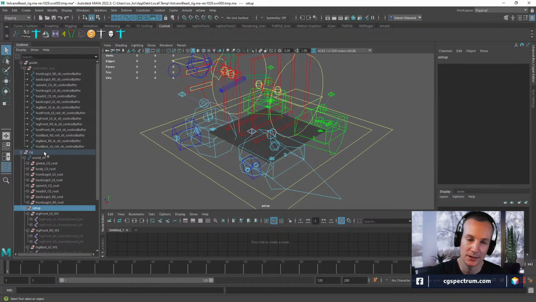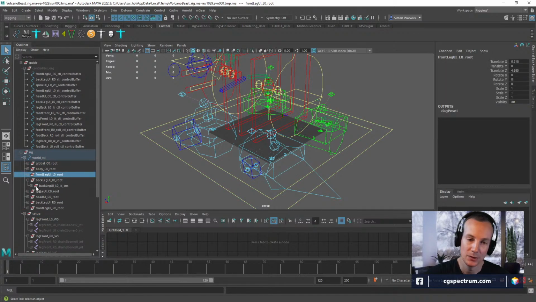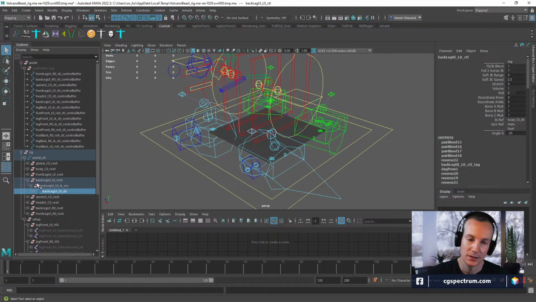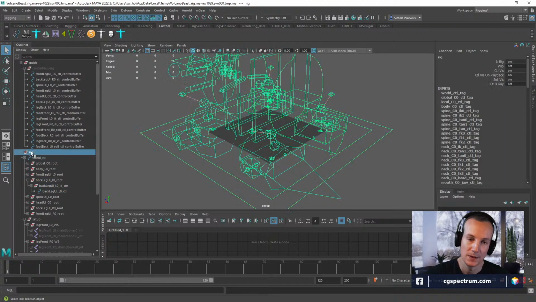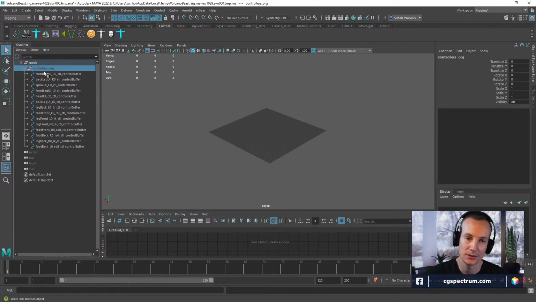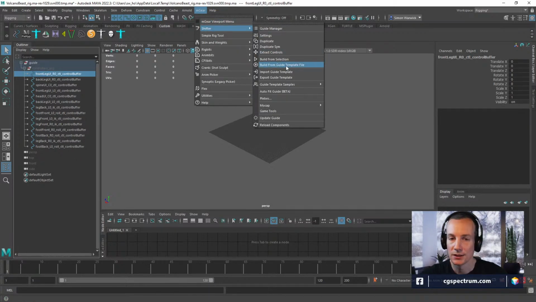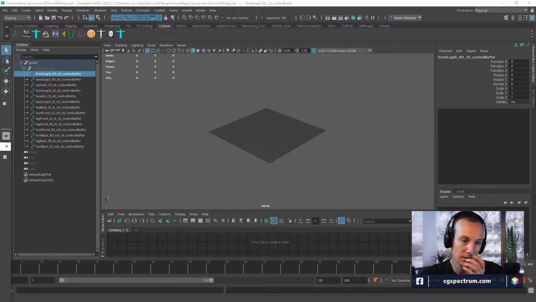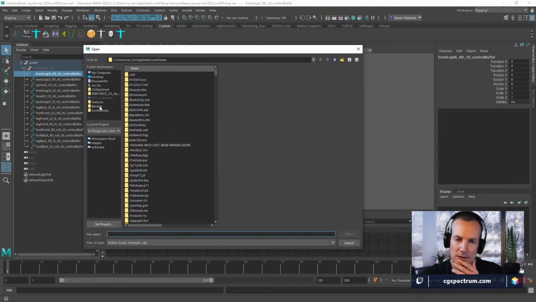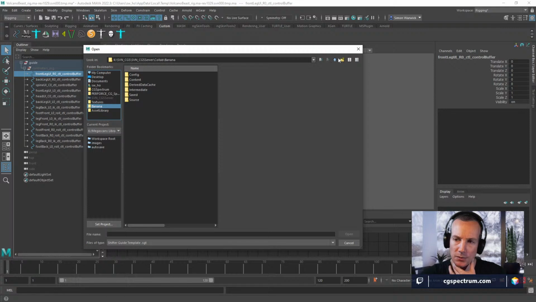I got the skeleton and I got the, oh, what are these? These are the controls, right? Technically rigs shouldn't have to be needed, and then all I've got left is this weird thing that doesn't do anything. All right, well, at least I tried. It doesn't look like it's possible, unless I've got a guide in there, I don't know. I've never really checked to see if that's possible.